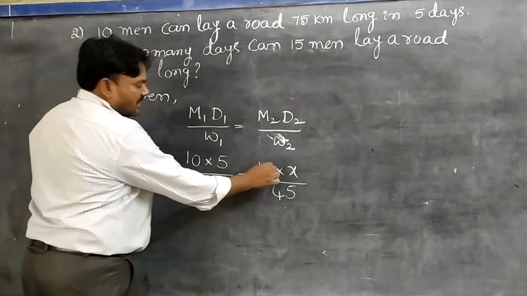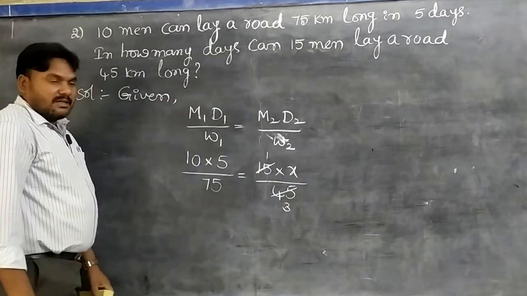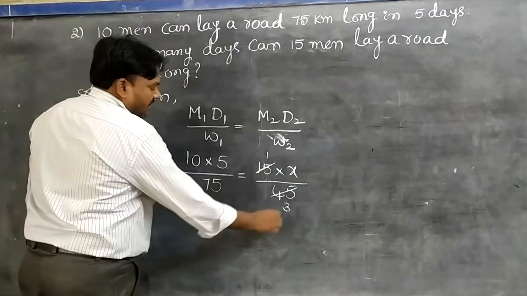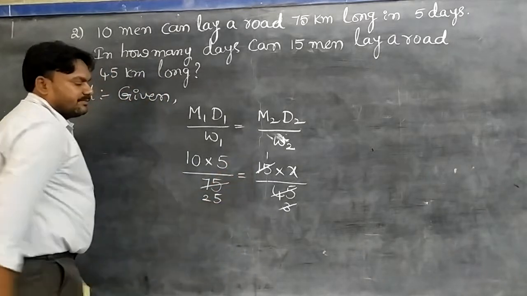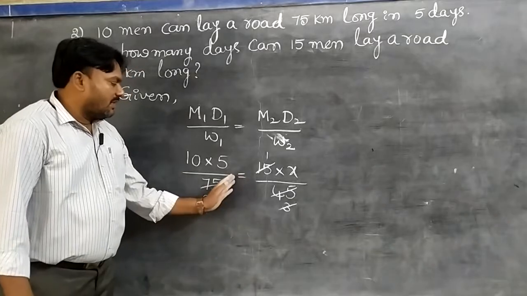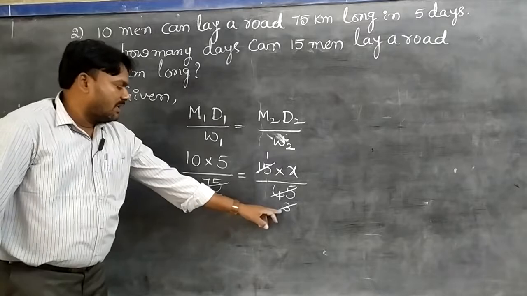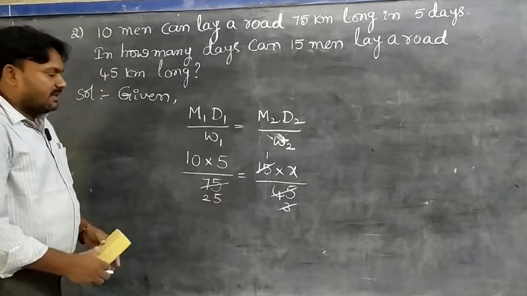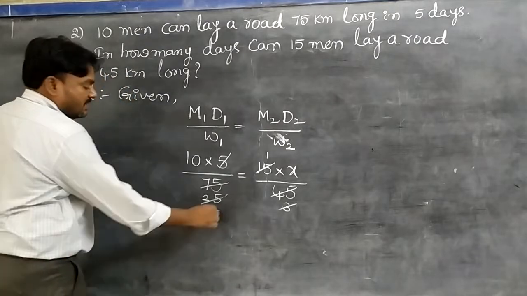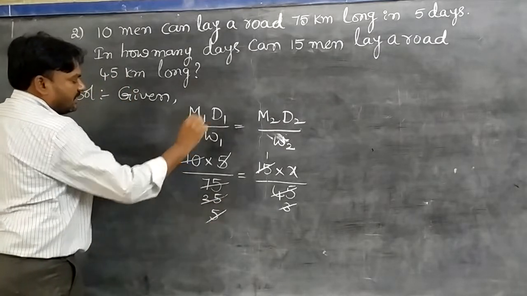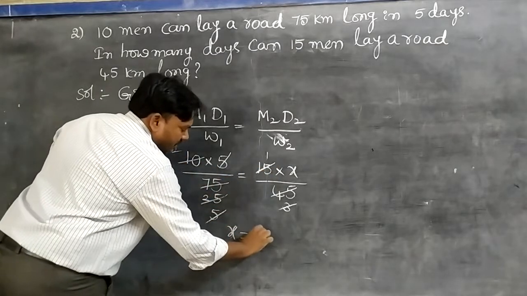Okay. Observe, 51 is 15, 15 3 is 45. Okay, next one. 3 2 is 6, 3 5 is 50. Okay students, so if we equate both ratios, must be cancelled with the denominator values only. 3 2 is 6, 3 5 is 50. Next one, 5 ones, 5 5 is 25. Next, 5 ones, 5 2 is 10. How much value? X equal to 2 only. So X equal to 2.